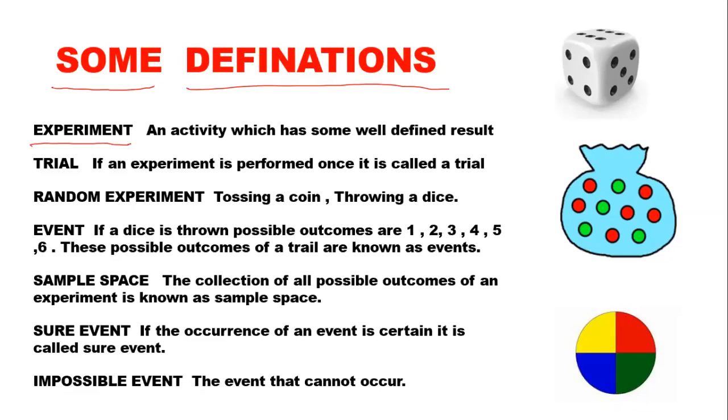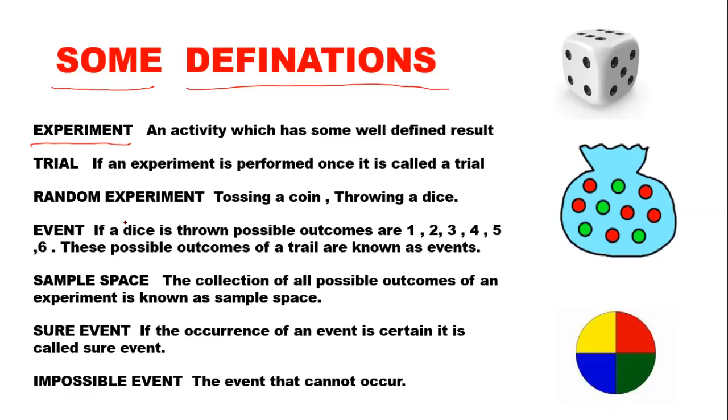We can calculate its probability only when we know its results, its outcomes. If we don't know the outcomes, how will we calculate the probability? We rolled the die, but we don't know what can come up, so how do we calculate the probability? We know that when we roll a die, the only possibilities are of getting 1, 2, 3, 4, 5 and 6. So we can calculate its probability.